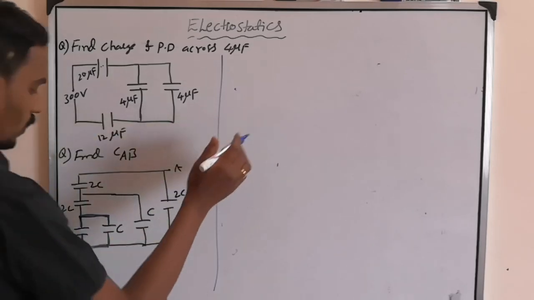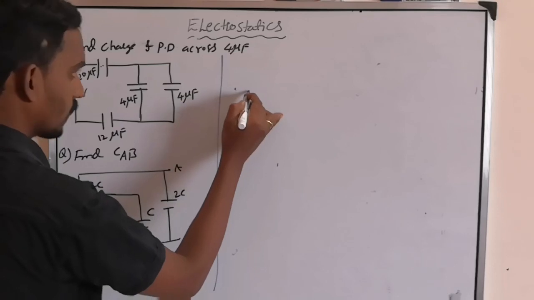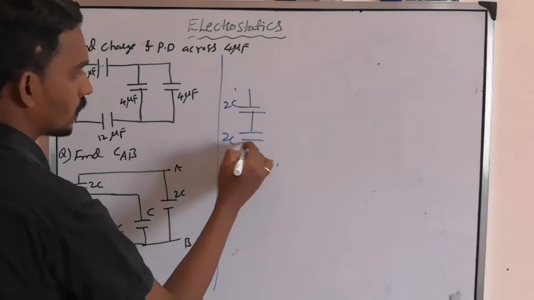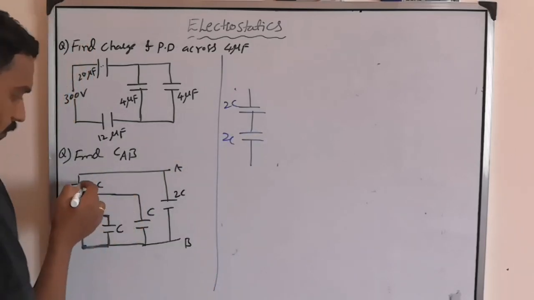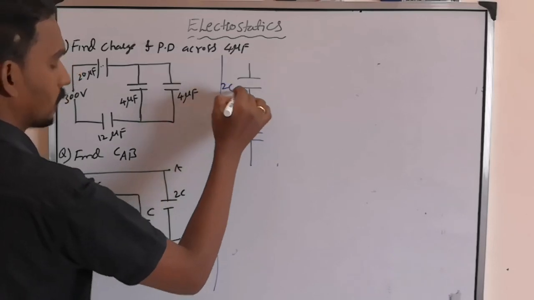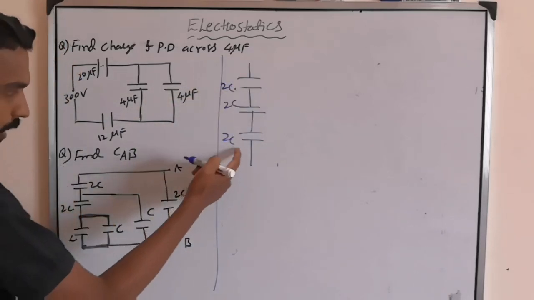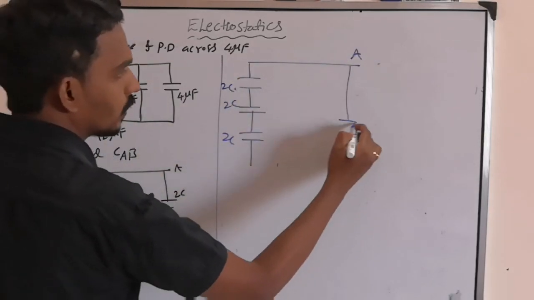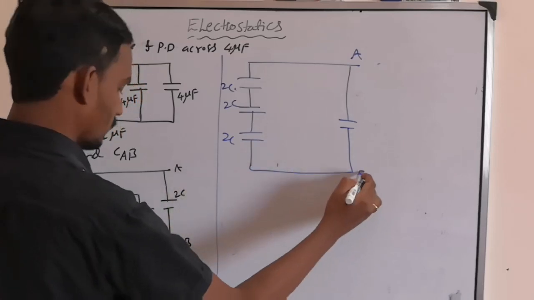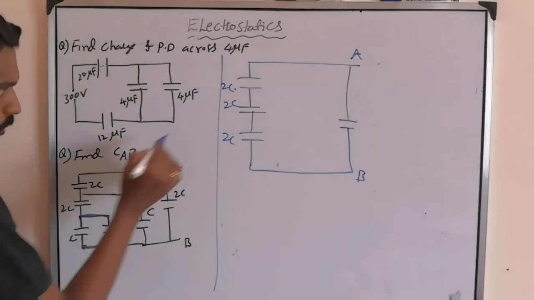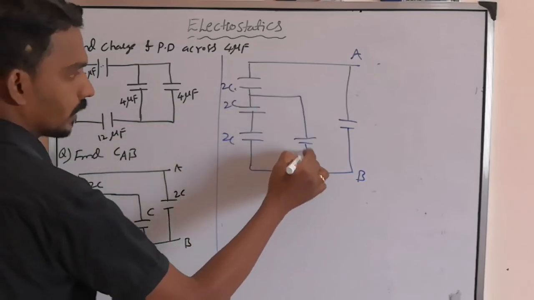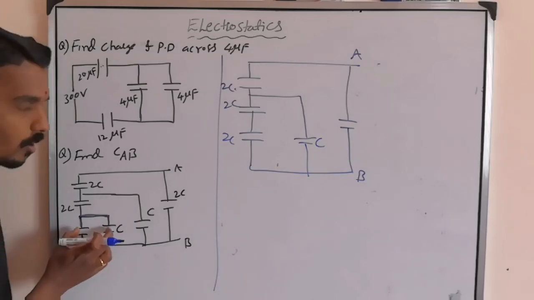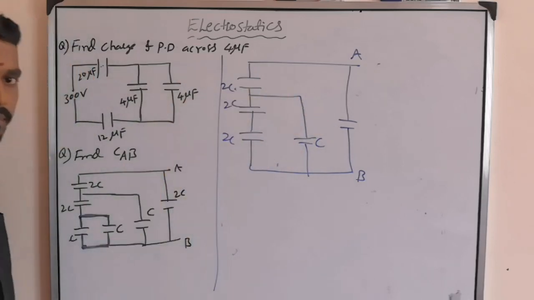Now I can draw this here. These two will now become 2C, but already two more 2C are there, so these I have written here. Now here this is A and here 1. Now one more capacitor C is connected between these two. So after taking this parallel combination, the circuit is reduced to this form.